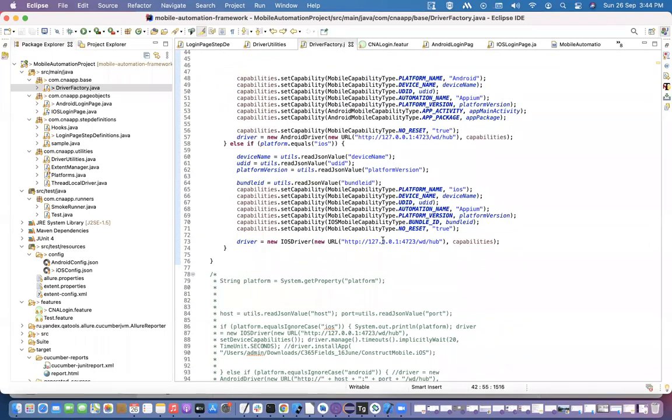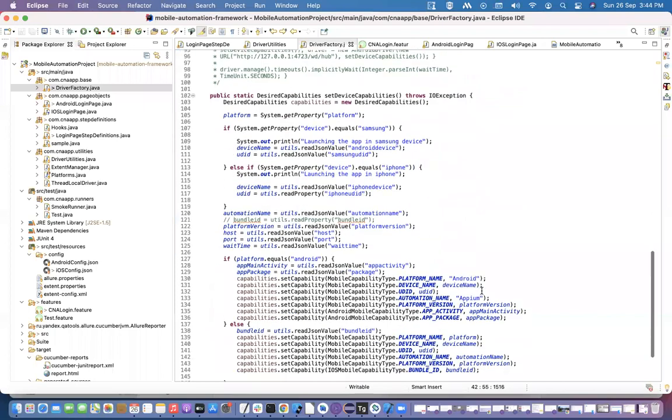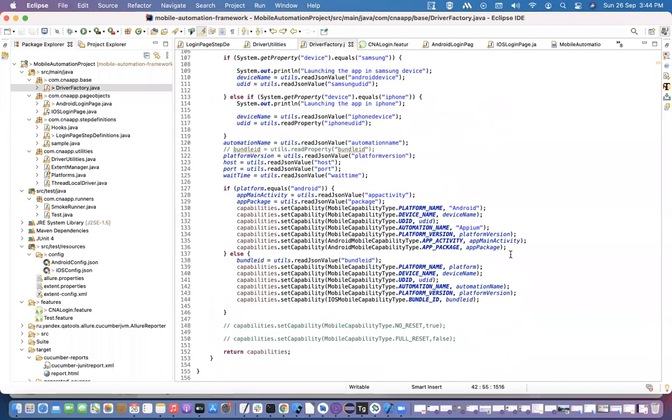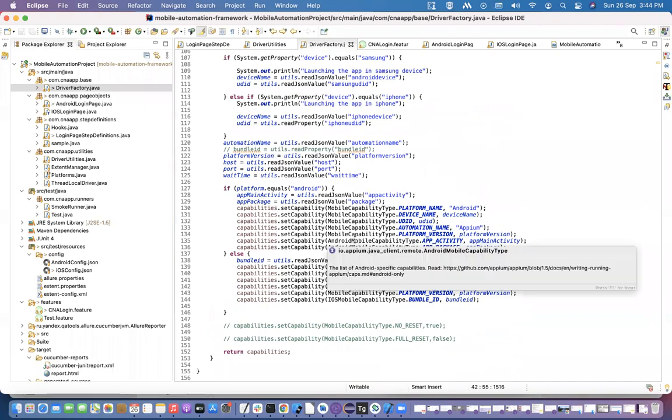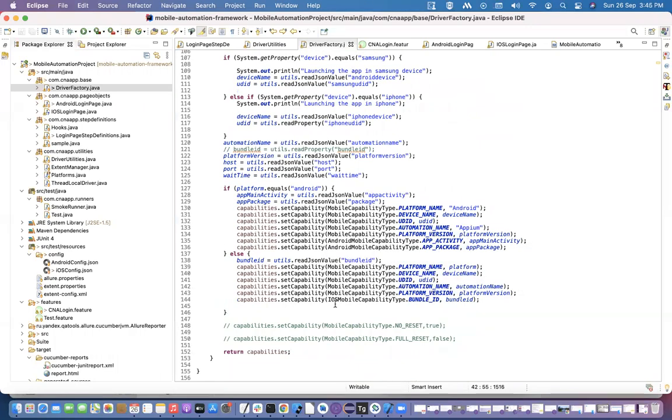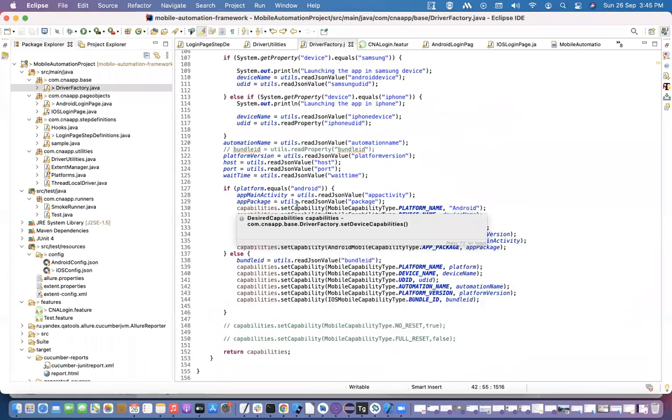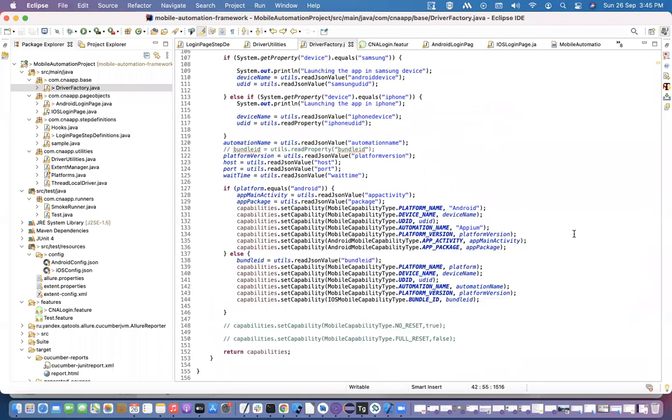And basically this is the Appium server. First we need to run this server, and then we can execute our script. So this is our private class. We have not hard coded anything here. If we need to run on the Android application, it will work for Android, and if we need to run on the iOS application, it will work on iOS. So it's very easy to execute on both applications, right?